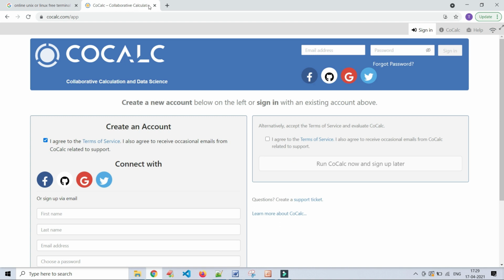Just close it, because you know how to sign up and how to proceed; they will give the step-by-step process. Once you sign in, they will guide you with icons and everything, so no need to worry about it. We have covered CoCalc.